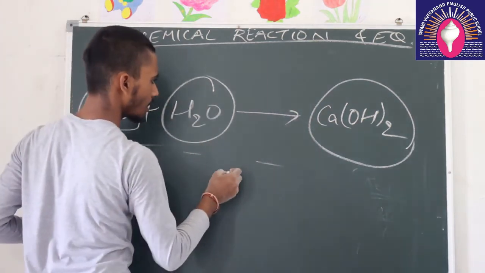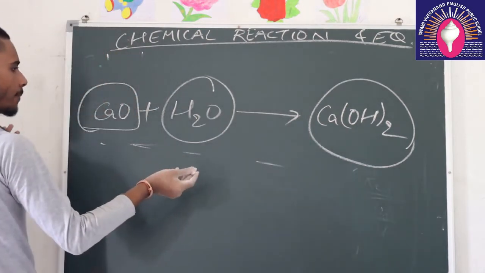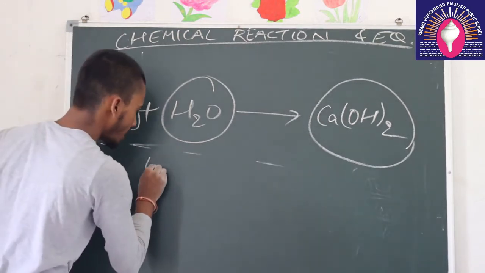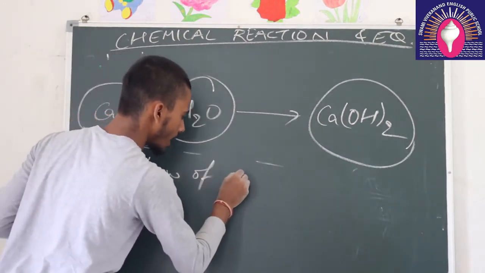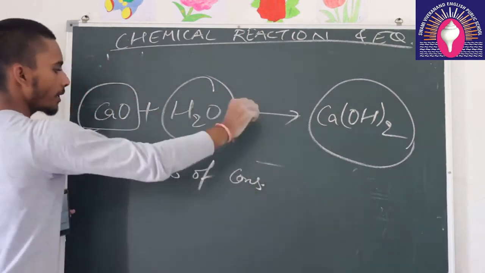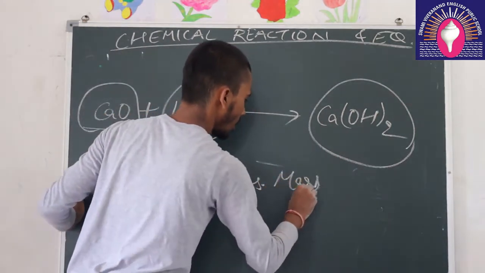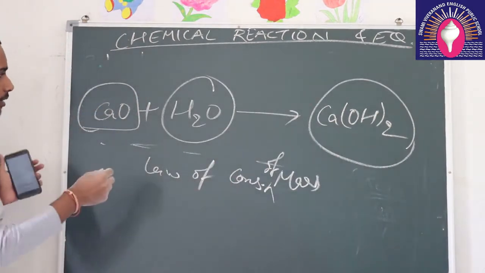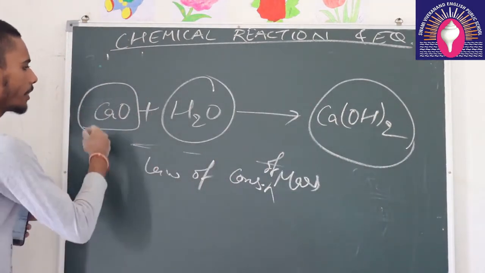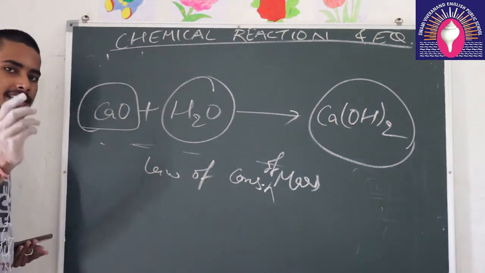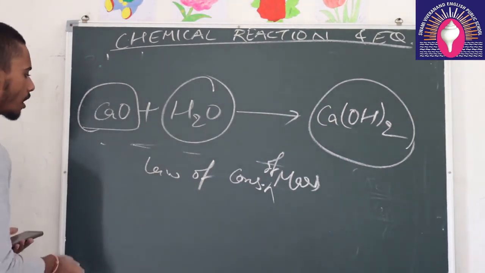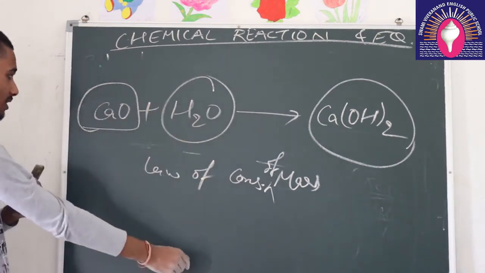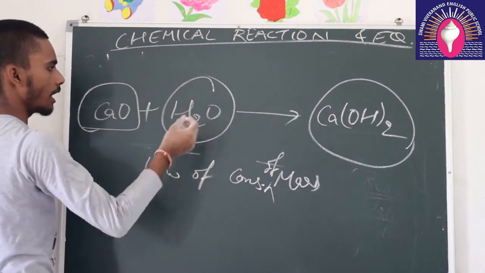This is balanced when we refer to the law of combination of mass. Law of combination of mass को जब हम देखेंगे उसके अनुसार ये जो केमिकल रिएक्शन है, ये बैलेंस्ड है. But in another sense this is a skeletal chemical equation, because it does not tell us what is the state of compound. So we will add some symbols in it.